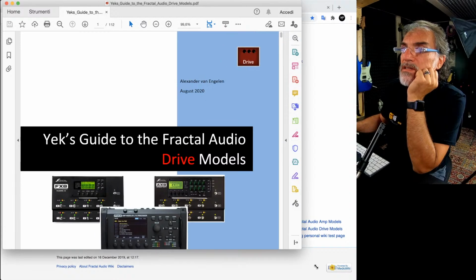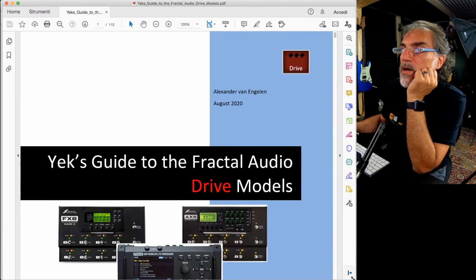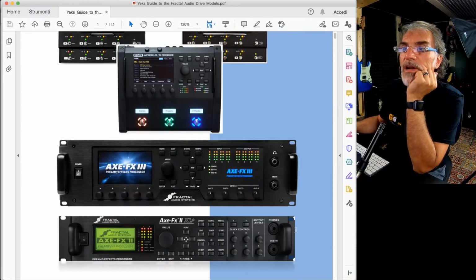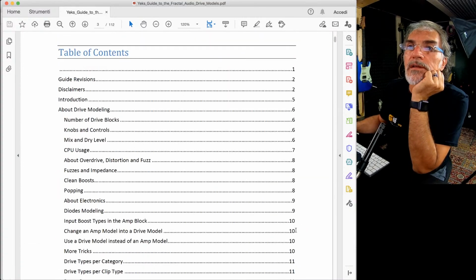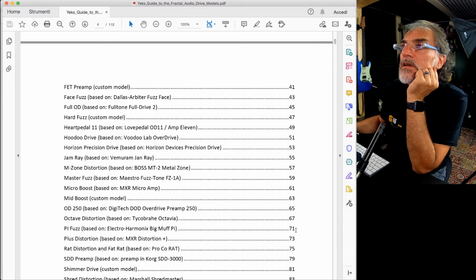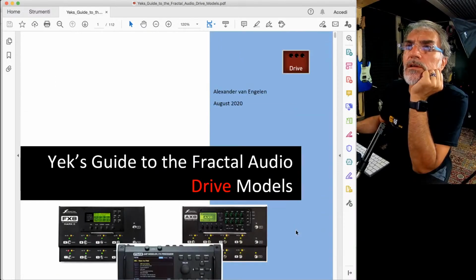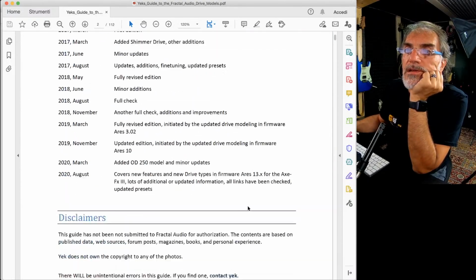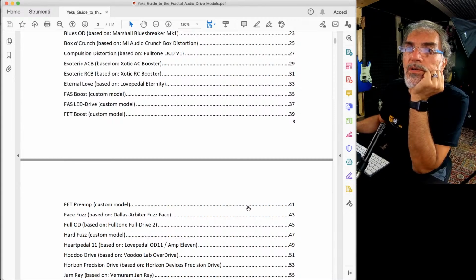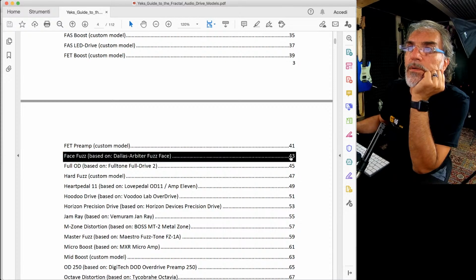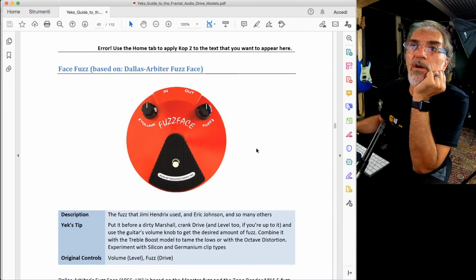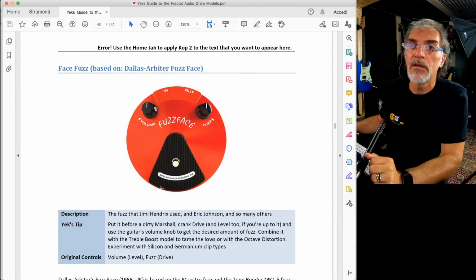I suggest everybody read this file, even those who use traditional equipment with amplifiers, because it's a very nice explanation. For example, this is related to the drive models. If you want to know what the Phase Fuzz block is, there is the history of the Phase Fuzz, based on a Dallas Arbiter Fuzz Face.